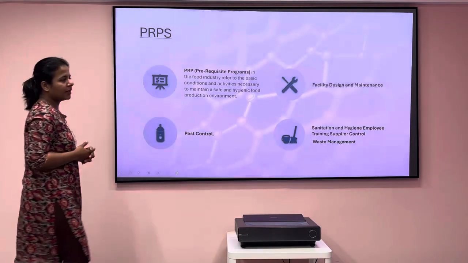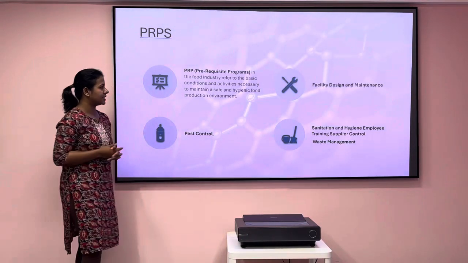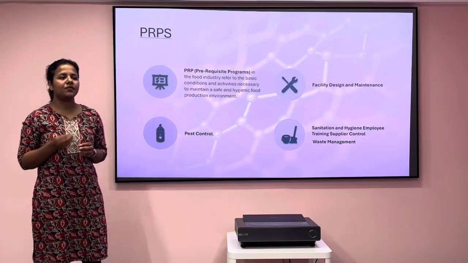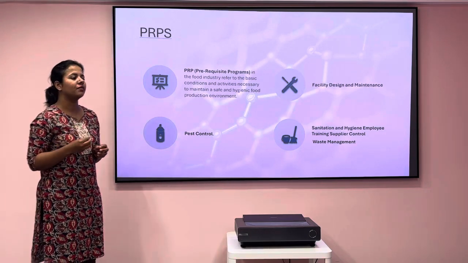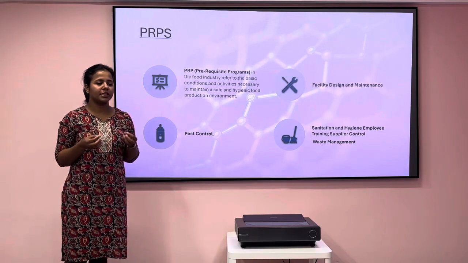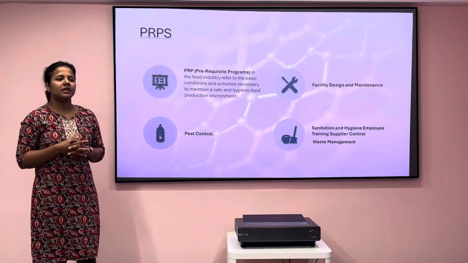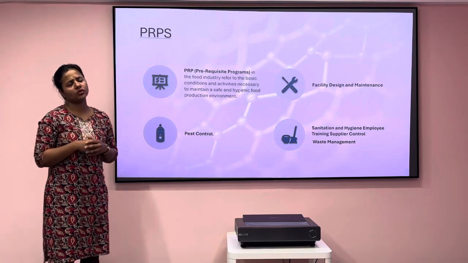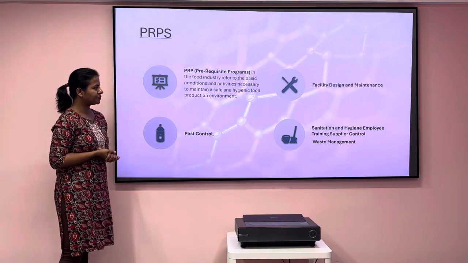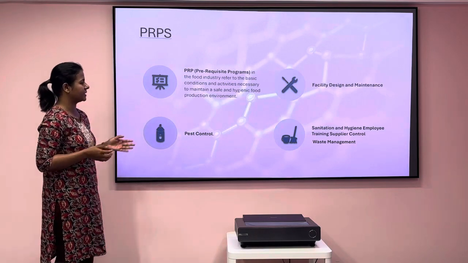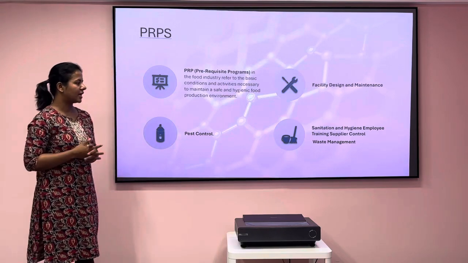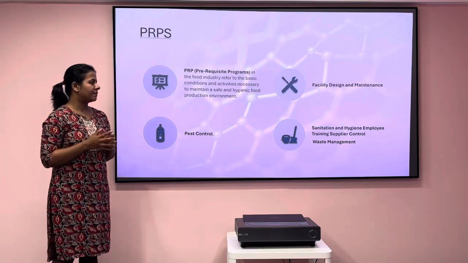Prerequisite programs are the very basic necessary steps, necessary activities to maintain the safety and hygiene of the entire food production area, so that the environment of food production is safe and hygienic. That is what is called the prerequisite programs. For the prerequisite programs, there are many things. Pest control, facility design and maintenance, sanitation and hygiene of employees, training, supply control,